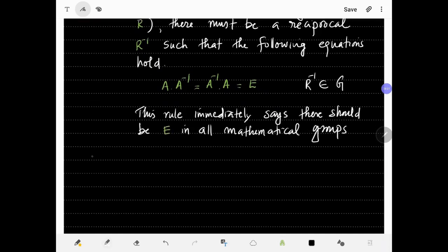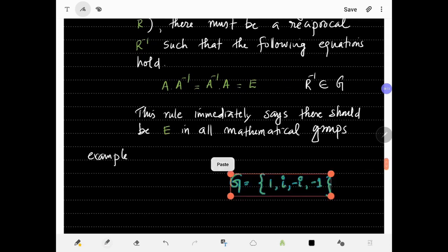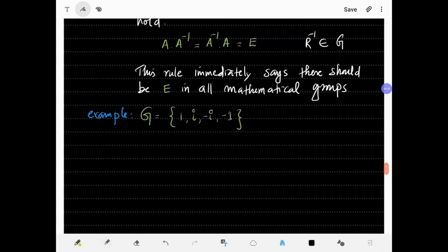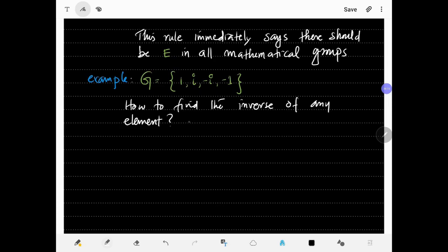Let's bring back our old example with 4 elements 1, I, minus I and minus 1. Now take any element and find out the inverse of that element. You should keep in mind the equation R into R inverse should be equal to E,